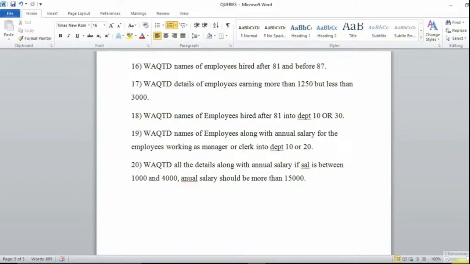Similarly, the year 2022 starts on 1 Jan 2022. Try to understand, guys. 1 Jan 2022 is the first date of the year 2022. In the same way, before 87 means 1 Jan 87 will be the first date, and we have to write a condition that hire date before, means hire date should